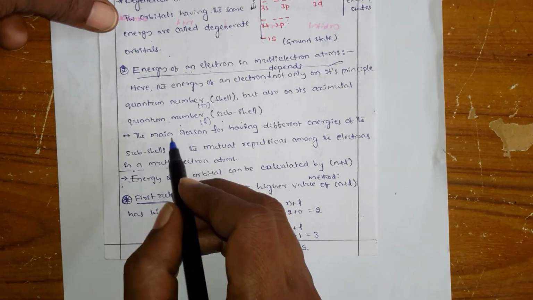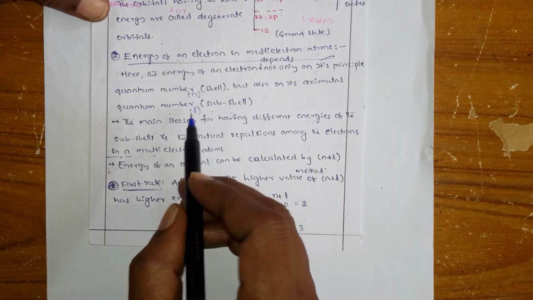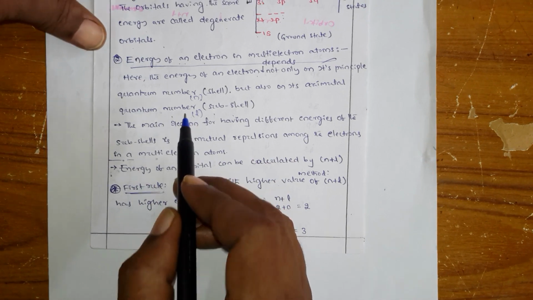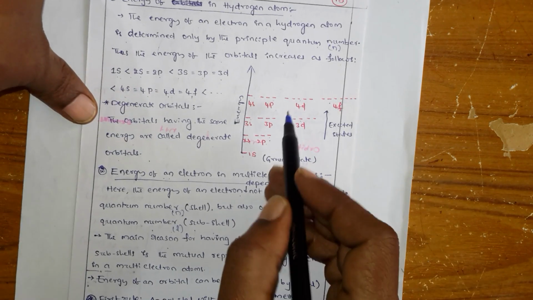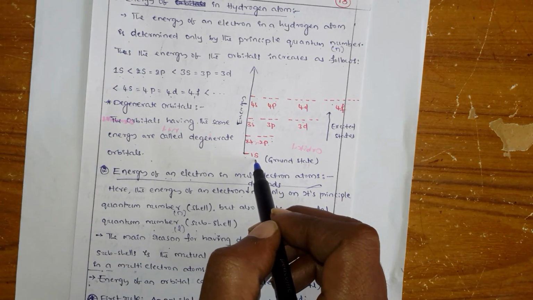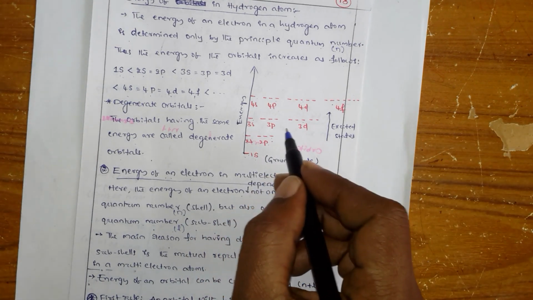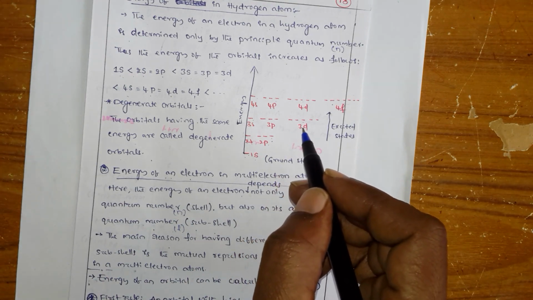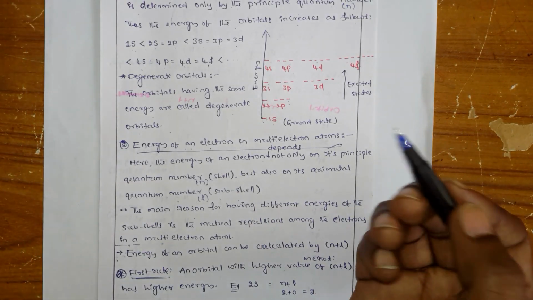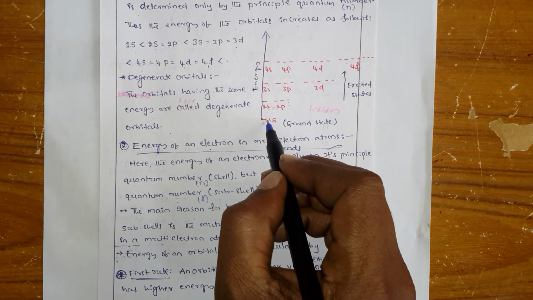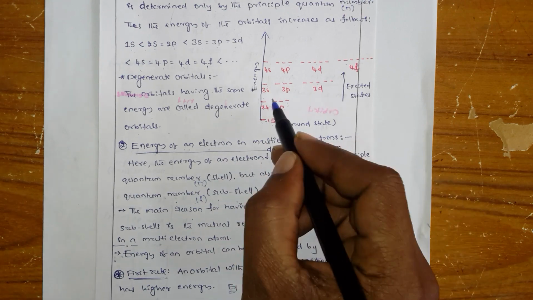The main reason why earlier it only depended on the n value, but here it depends on the L value too, is that earlier there was only one electron. So the electron can be present in either 1s or 2s or 2p. If it is excited, here is the ground state. Suppose it is excited into one orbital, you can see the electron. But when you come to multi-electrons, suppose you have 2 electrons, there is a chance those 2 electrons can be present maybe one here and one here, or one here and one here, or somewhere else.